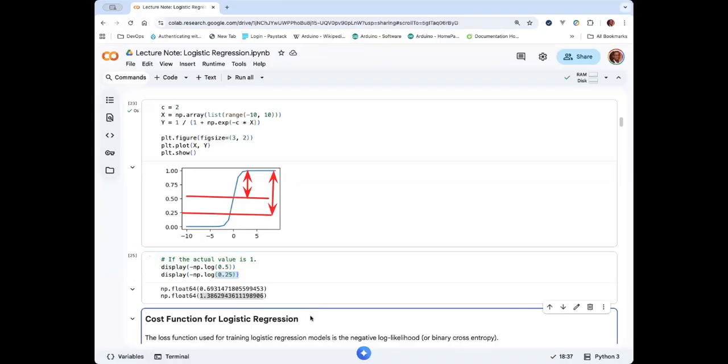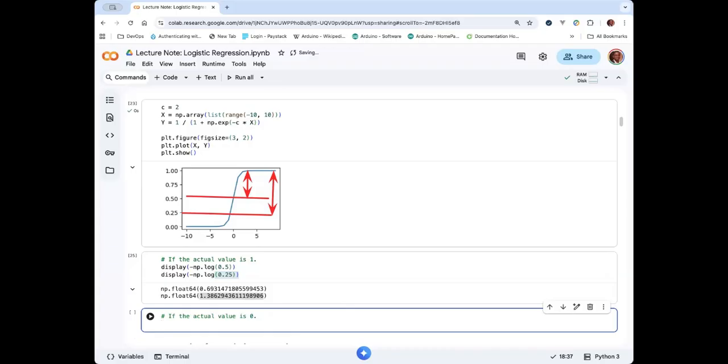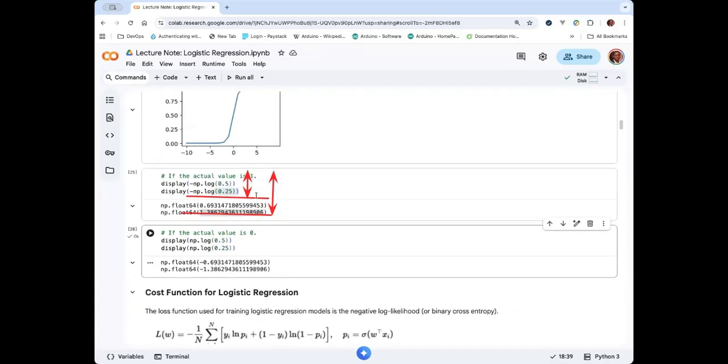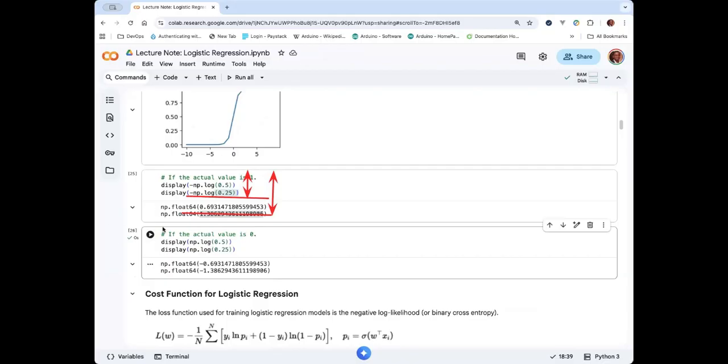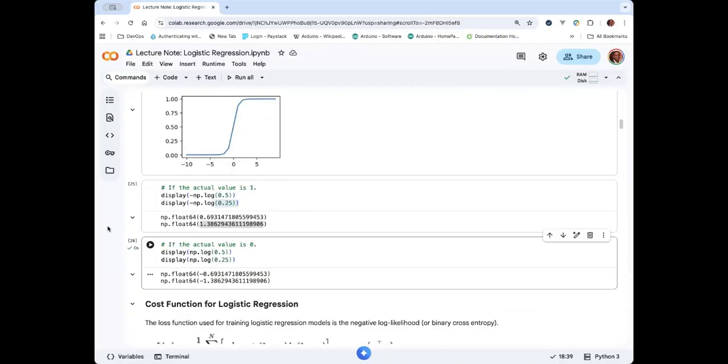Okay. But what if I want to predict 0? If the actual value is 0, that means I want to predict 0. Then you now find that if I still do logs, right? By the way, somebody could say, okay, let's just do logs without the signs. Well, that might work, because if I want to predict 0, in this case, when I'm predicting 0, the value,